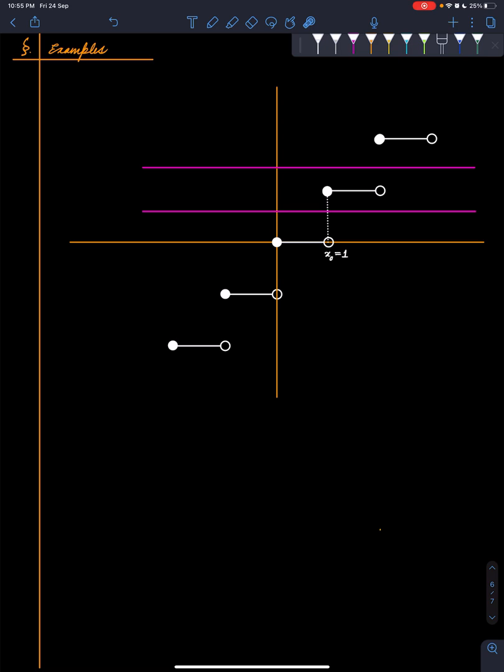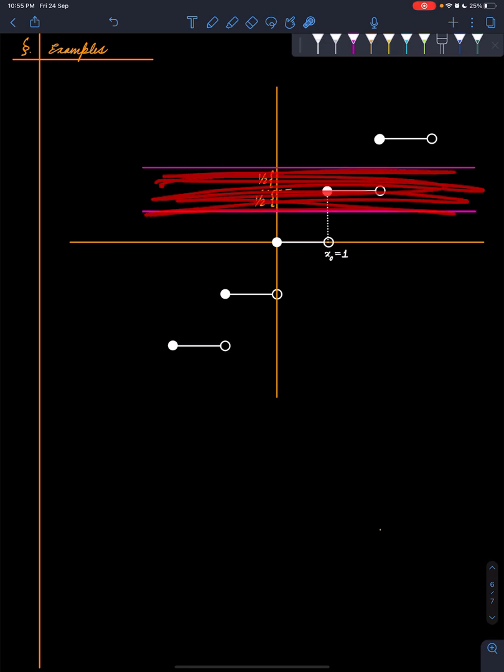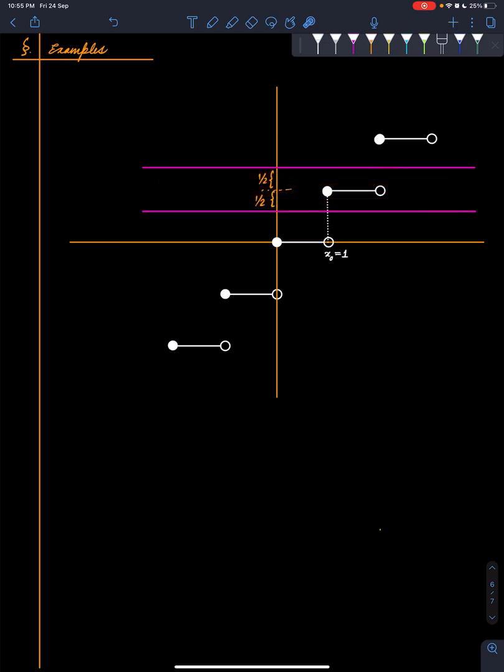Okay, so I've chosen epsilon to be equal to 1/2. So this is a half and that is a half, and I made this epsilon band. Epsilon equals half and we have made this epsilon band. Now,